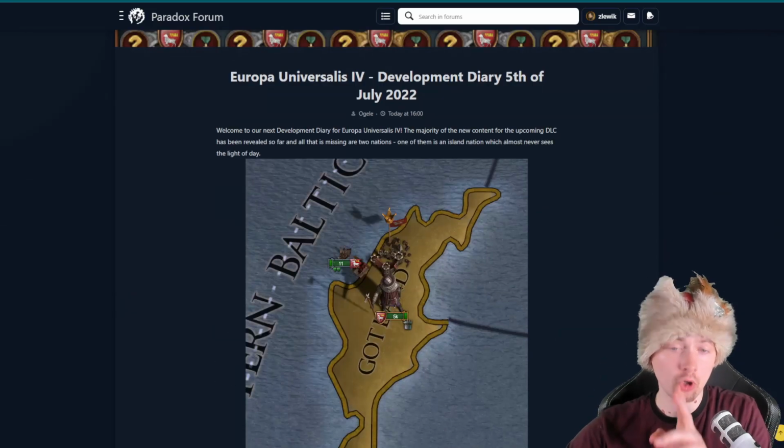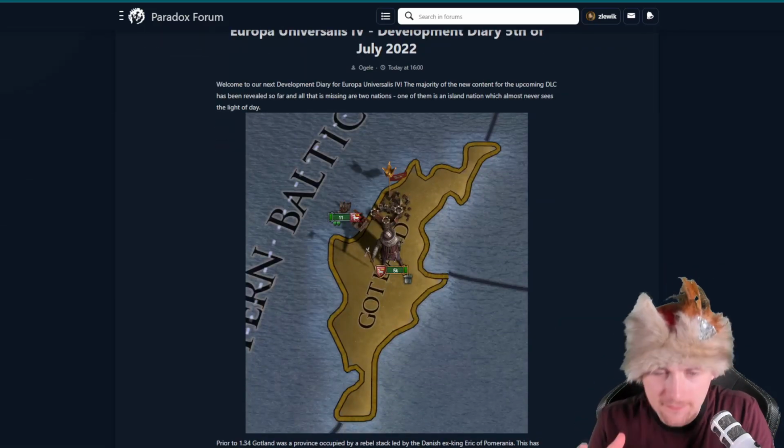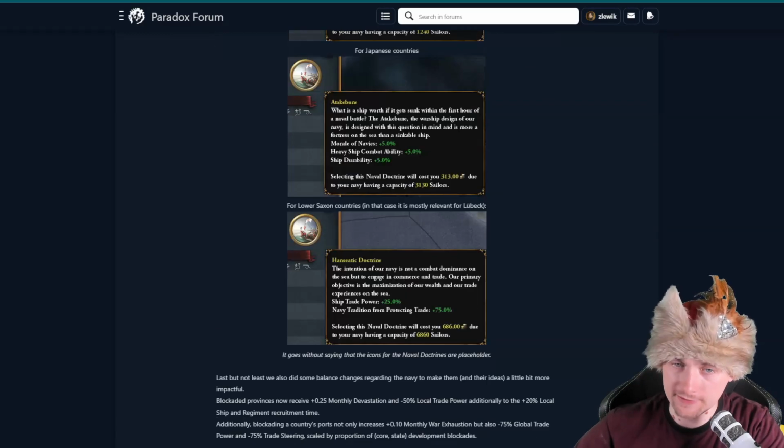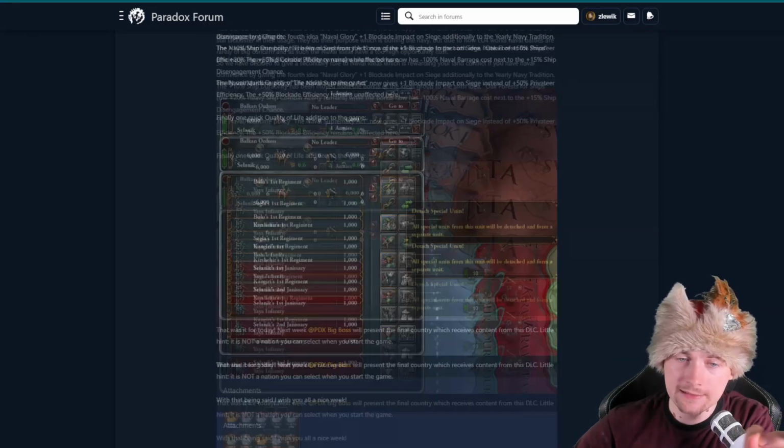New mission tree for Gotland with 3 completely different, very interesting and OP paths. New guarantee force for pirate republics. New naval doctrines, rebalance to naval ideas. This is what I'm gonna talk about in today's Dev Diary video, so fasten your seatbelts and get ready to